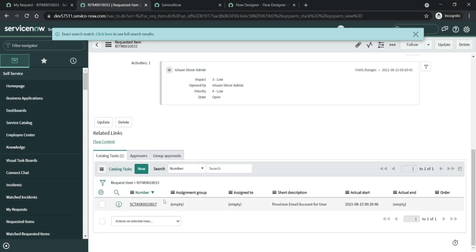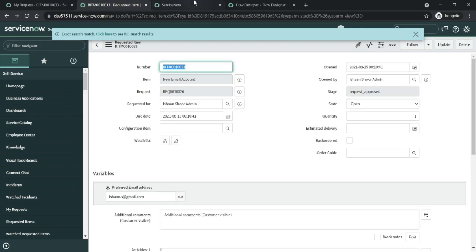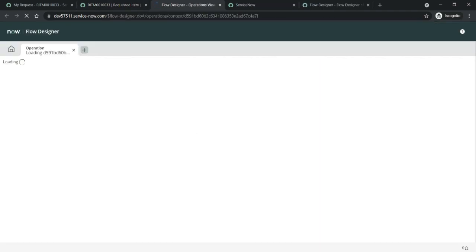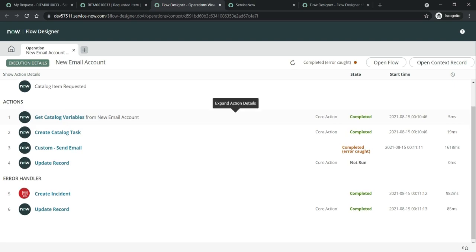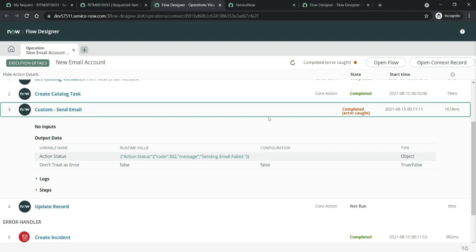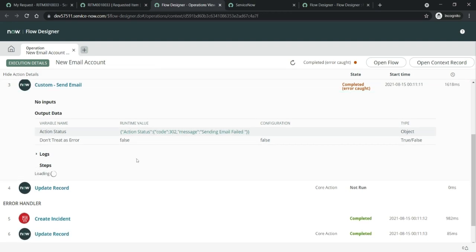So once I'm here, I'll close off the task as we have got the task. So once this is done, flow context. So now here we are. As you can see, this particular action failed and it has given out a code of 302, sending email failed, because our step send email failed